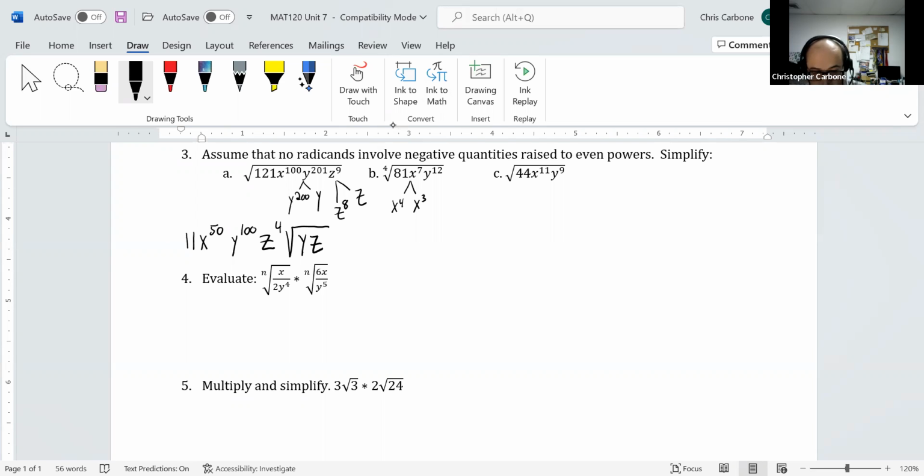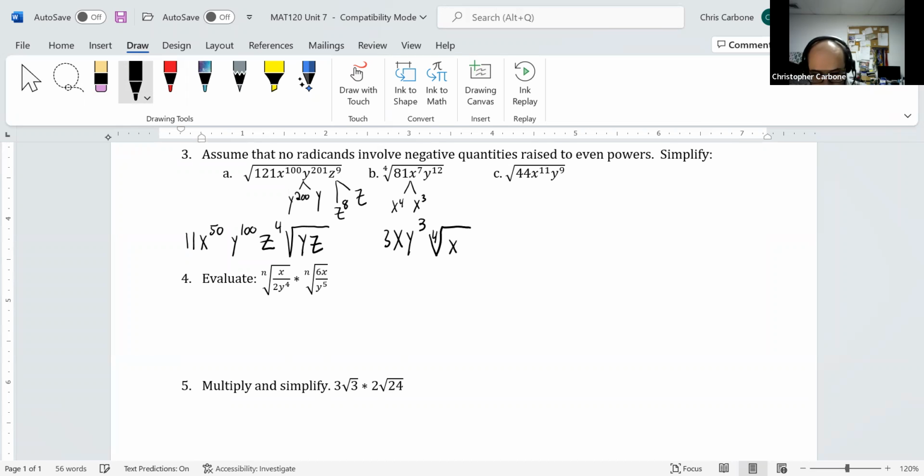This simplifies to be 3 times x times y, and when we divide the 12 by 4 due to the 4th root, this will be 3x times y cubed times the 4th root